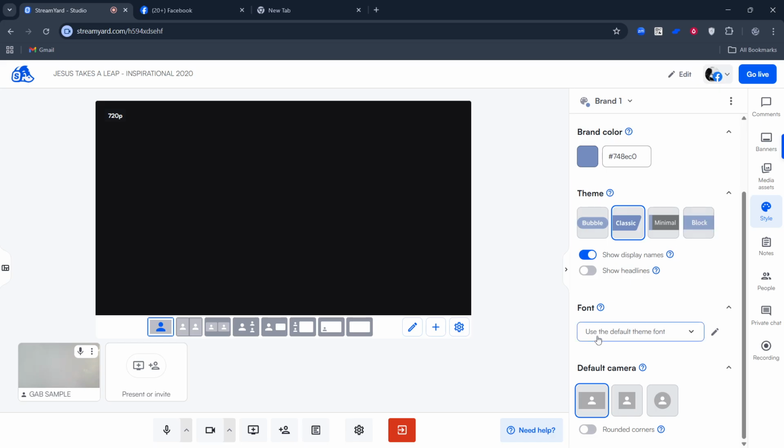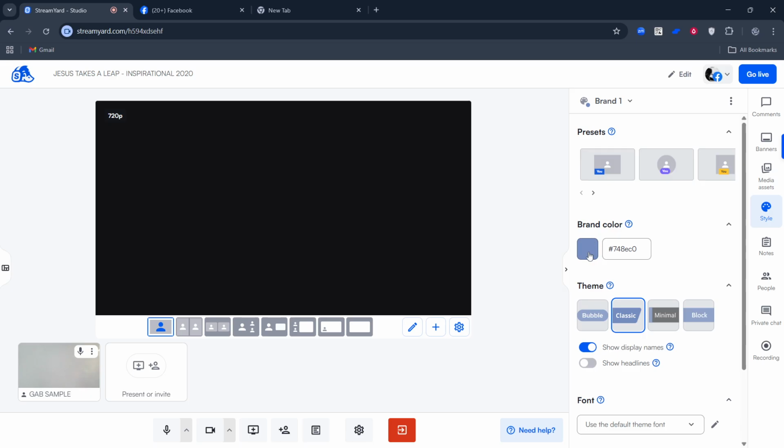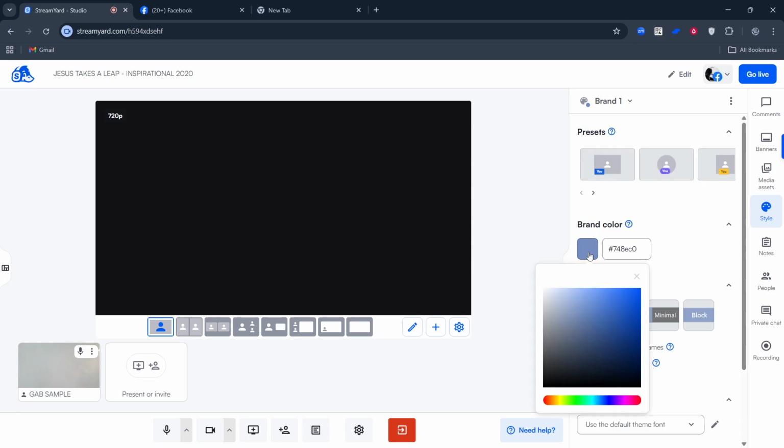Next, customize your brand details to make the theme feel like yours. Choose your brand color so accents like name tags and banners match your identity. If your background looks plain, add a background image that complements your colors. Overlays can add a professional frame or header around your video, so consider using one if it reinforces your style without cluttering the screen. Keep readability in mind. Pick colors with good contrast so names and comments are easy to read.